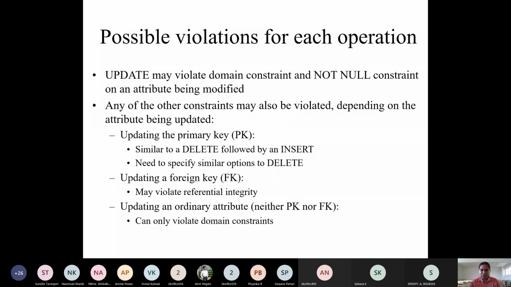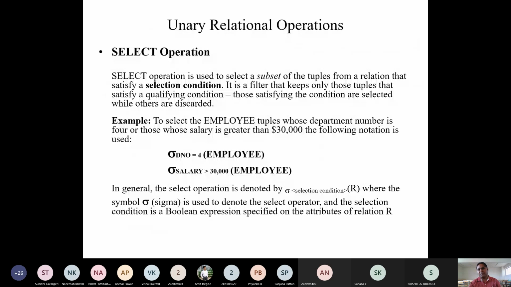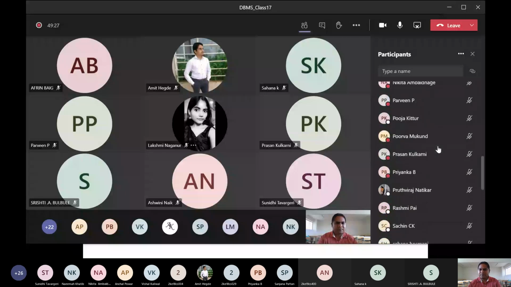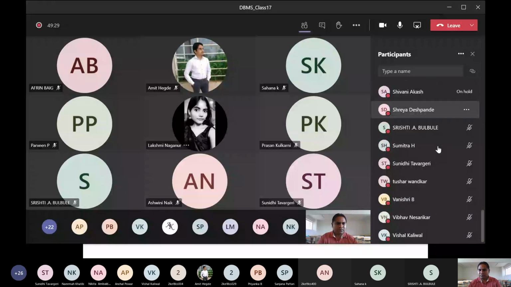Okay, any more doubts before we go ahead? So next comes the most important part of your databases. Any doubts before we go ahead? Guys, any doubts before we go ahead? No, sir. Okay. Tushar, you are there? Yes, sir.